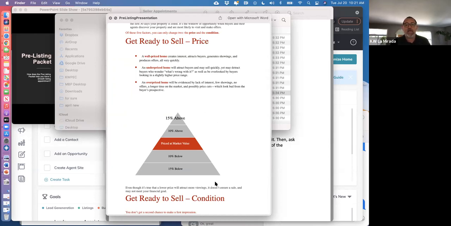What it shows is where you're going to get the most competition and the most money, right? A well-priced home is going to create interest, attract buyers, etc. Underpriced will get a lot of buyers and sell quickly, but it may get questions like what's wrong with the house, and it may get even more low balls. And overpriced is just going to be